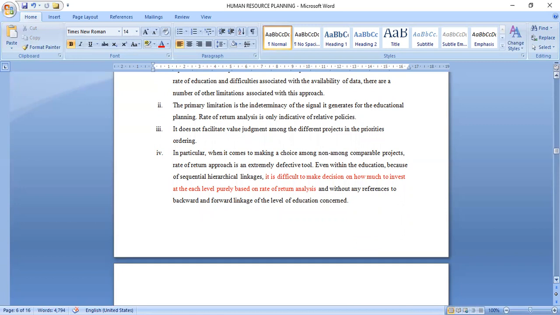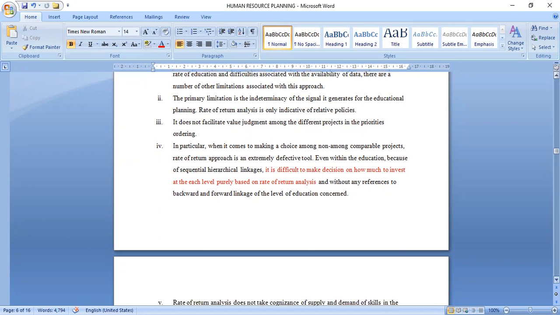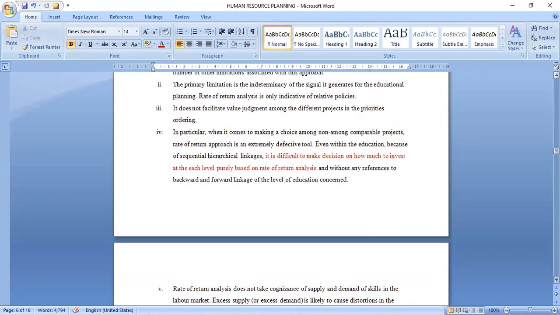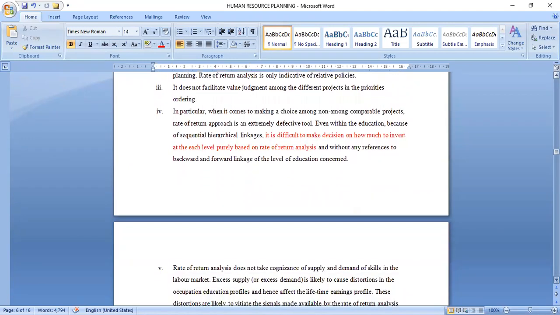For example, when we are carrying out the calculations on these discounted rates, we look at different projects. We can look at different sectors of the economy: the health sector, the manufacturing sector, the agriculture sector, and the education sector. But this rate of return now looks at education as the only sector, leaving out the other sectors of the economy, right?